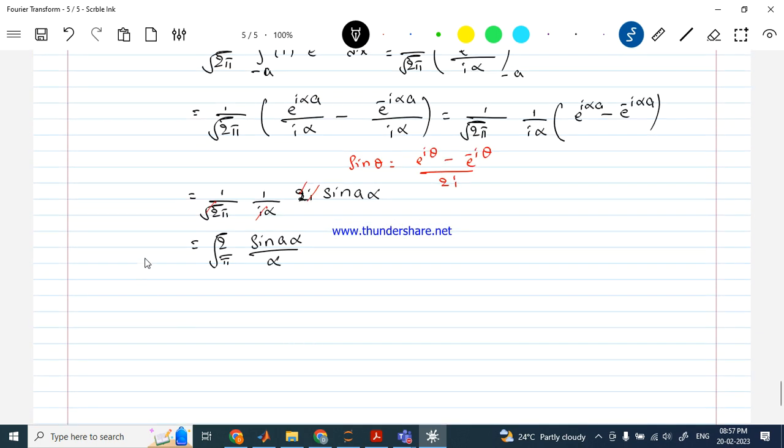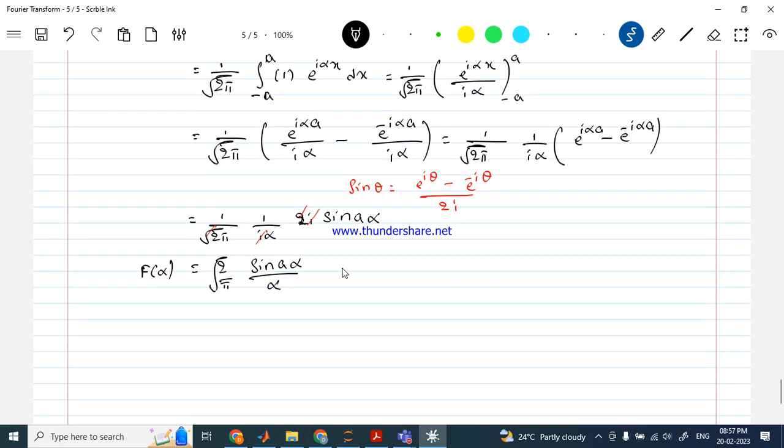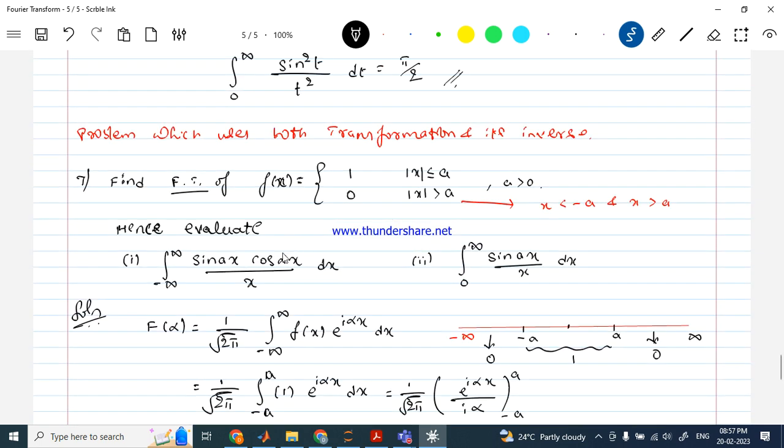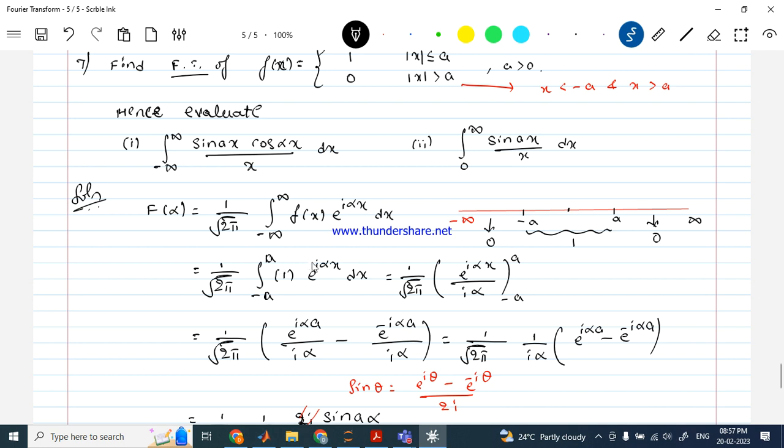So simple. So this is your Fourier transform, F of alpha equal to this. If the question is to find the Fourier transformation, we will do only this much. Done. The problem is to deduce something. This is what I told you people: whenever the question is to deduce something after finding the Fourier transformation, or deduce something after finding the inverse Fourier transformation,